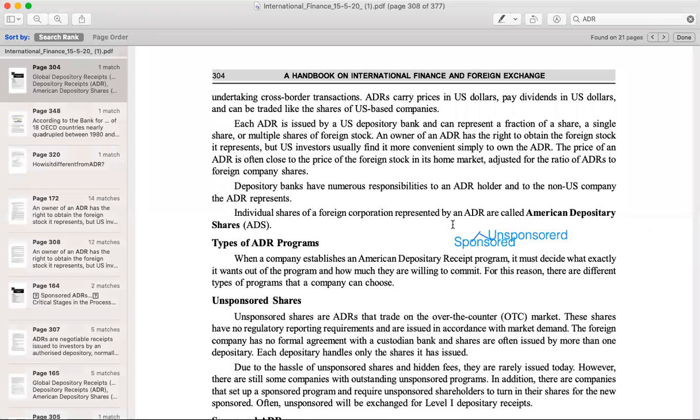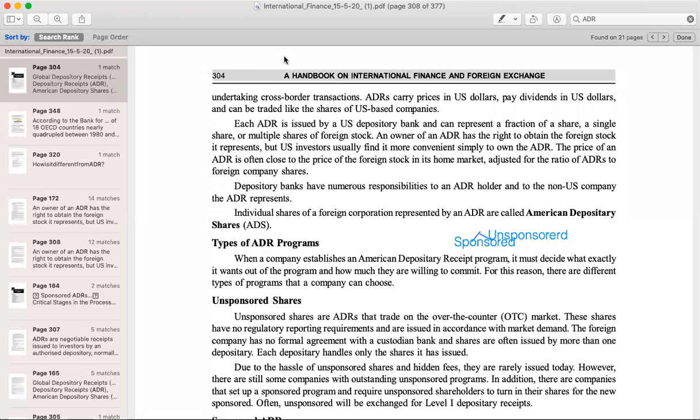So when I say sponsored ADR, I'll first talk about unsponsored ADR. Unsponsored ADRs, wherein if a company wants to issue equity shares and raise capital, what will it do? It will reach the foreign land. But here in the case of unsponsored ADR, there is no formal agreement between the issuing company and the custodian bank, depository, etc. So what actually happens is brokers purchase the shares of the company in bulk, and then they are going to appoint a depository in the foreign land and they are going to issue it.